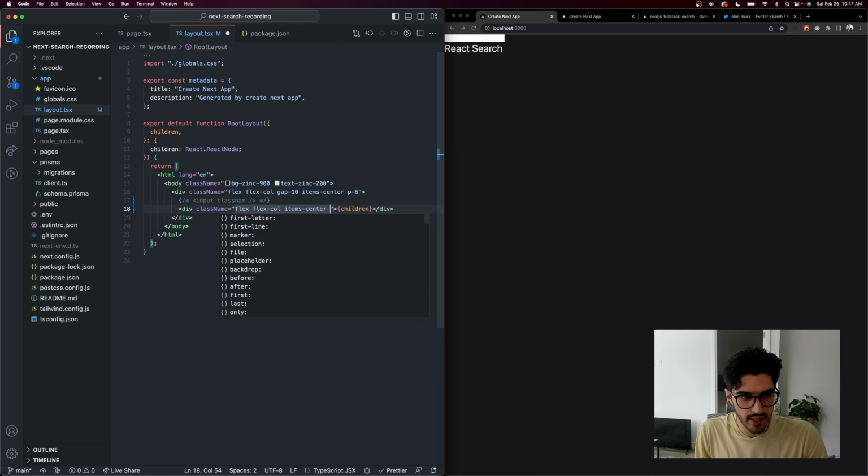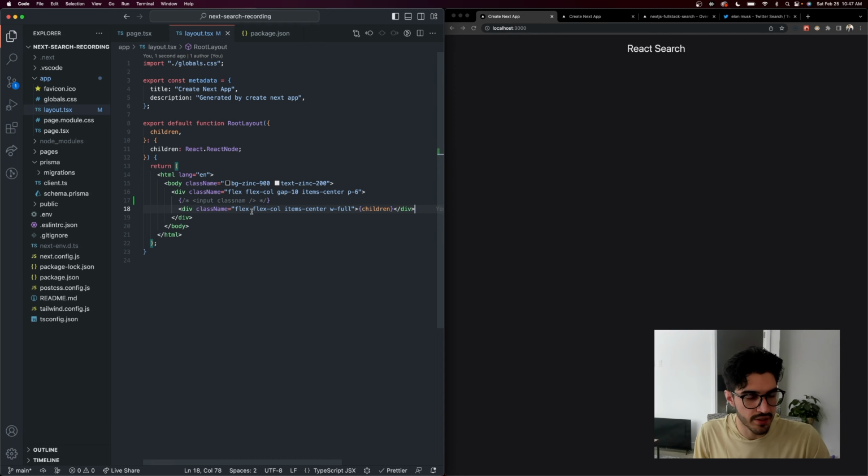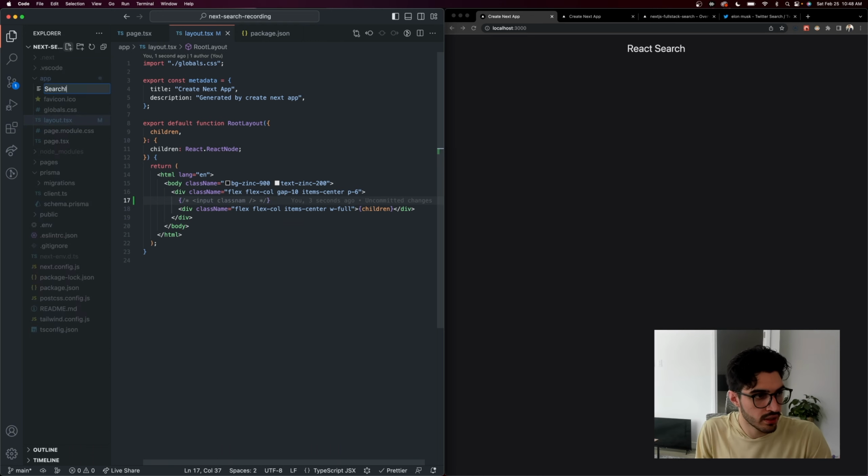Item center and a full width. Okay, so let's save that. And now let's define this search input. So that's going to be in a new file. So let's create the file, search